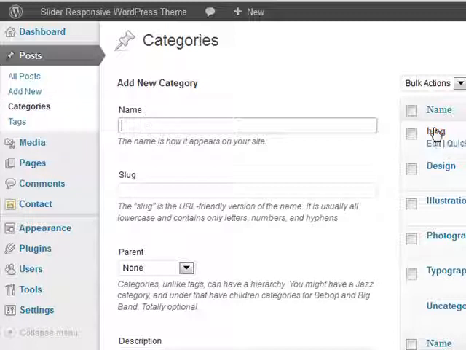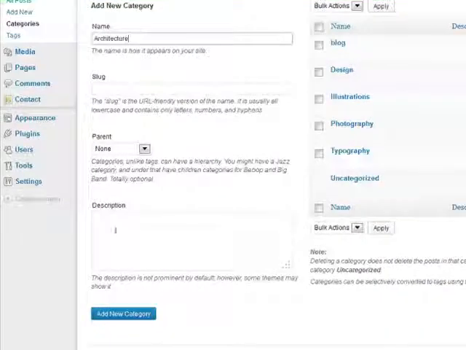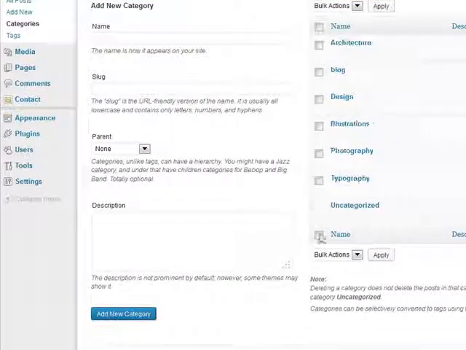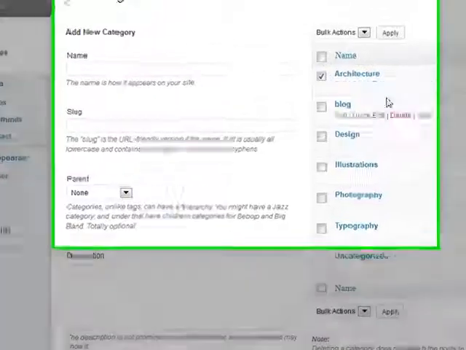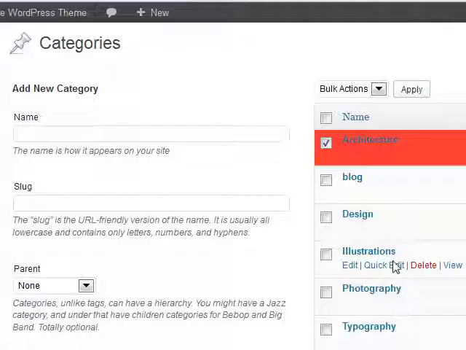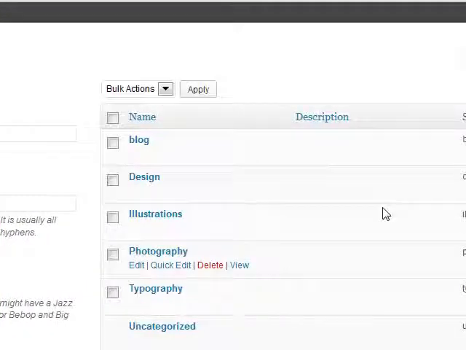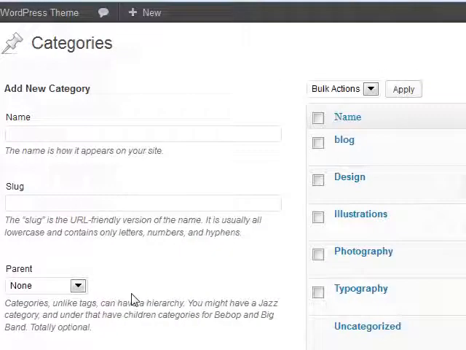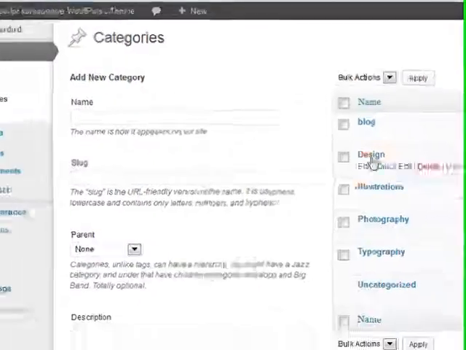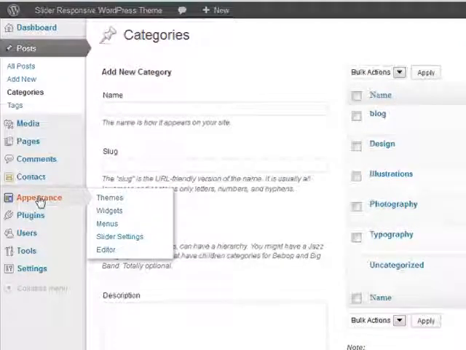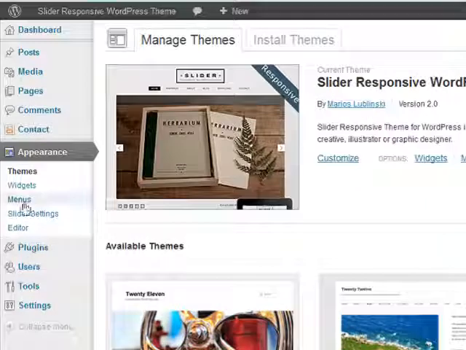So here my categories are design, illustrations, photography, typography. If you want to put architecture, do not put any slug or description, just add new category. Later you can always change it. For now, just add a few categories, maybe like design, illustration, photography, just so I can show you how to set up everything. Once you have a few of those set up, let's go under appearance, let's go under menus,